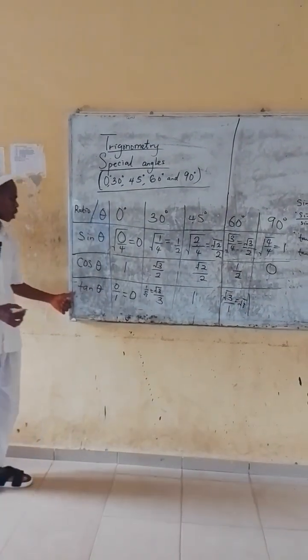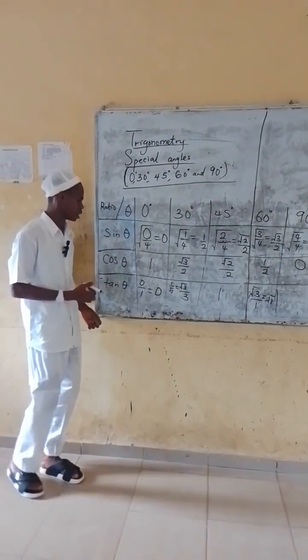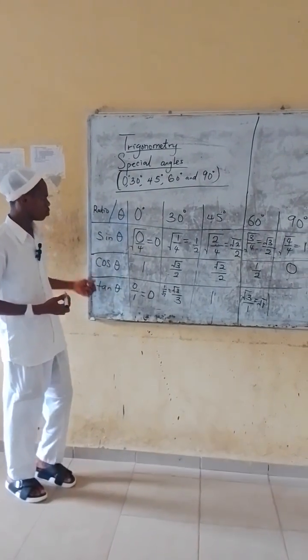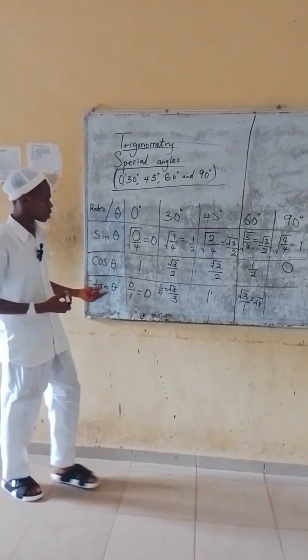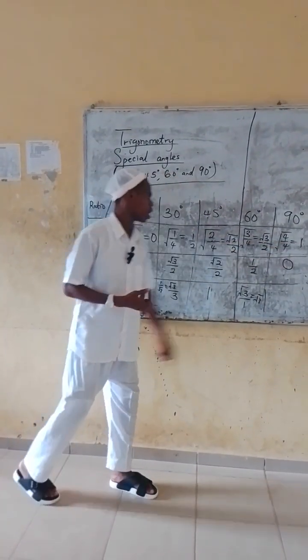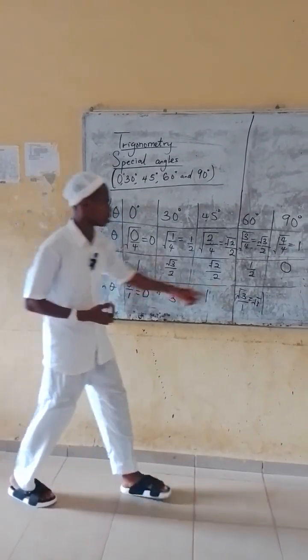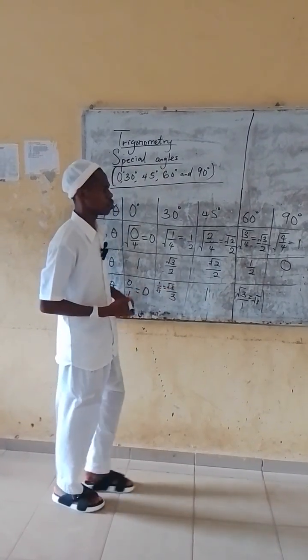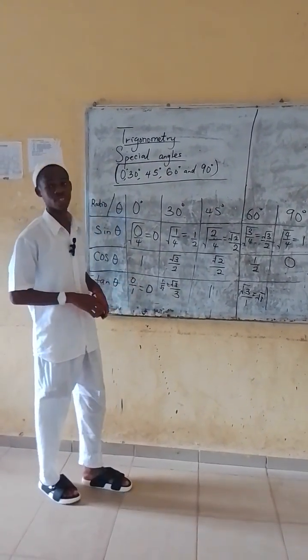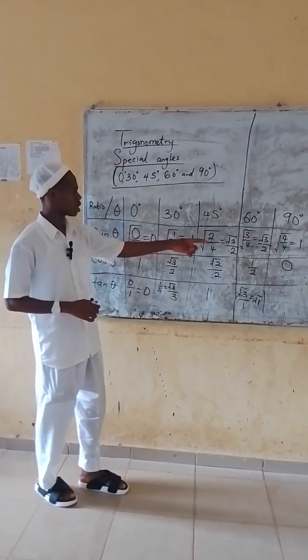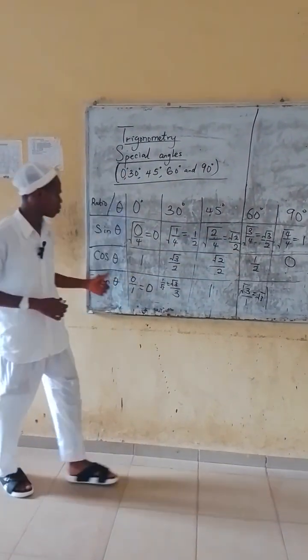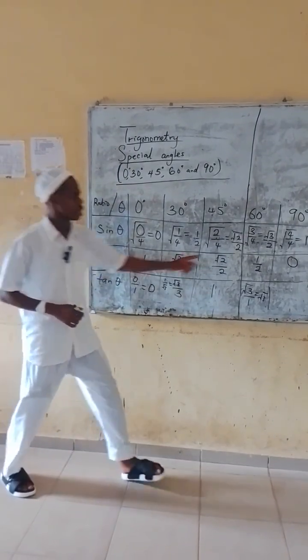And then the last one, which is tan 90. Tan 90 will be sine 90 divided by cos 90. Sine 90 is 1, and cos 90 is 0. And remember that we said a fraction is undefined when the denominator is 0. Now, in this case, if I use the formula that we are using, sine over cos, that will be 1